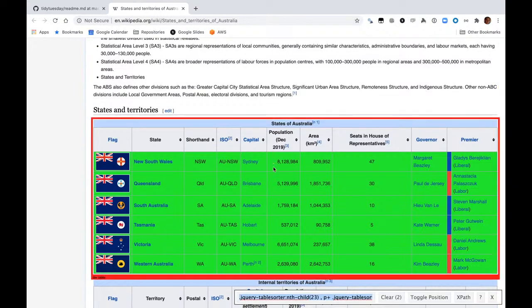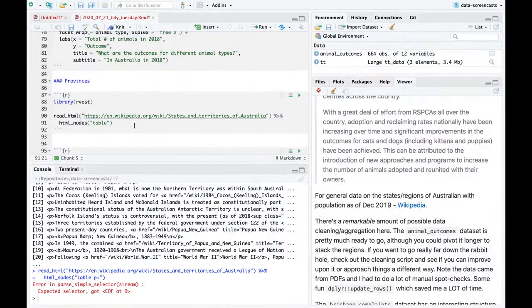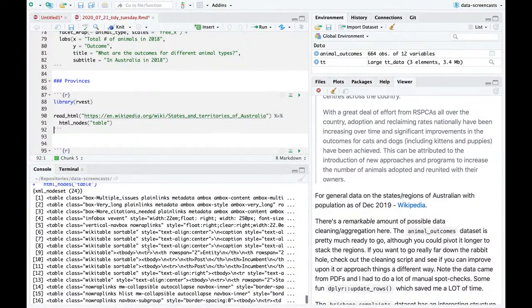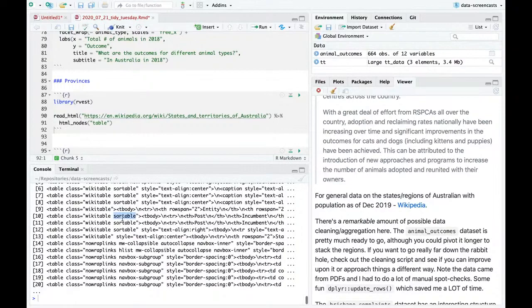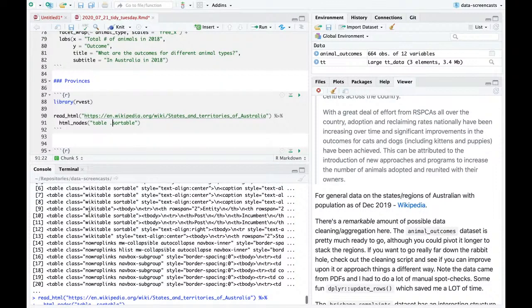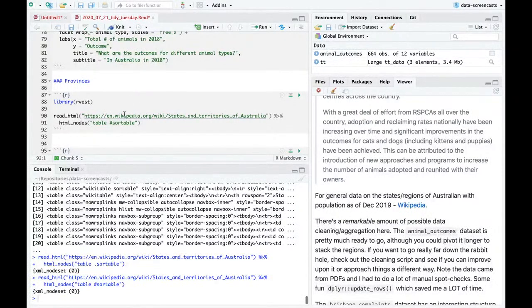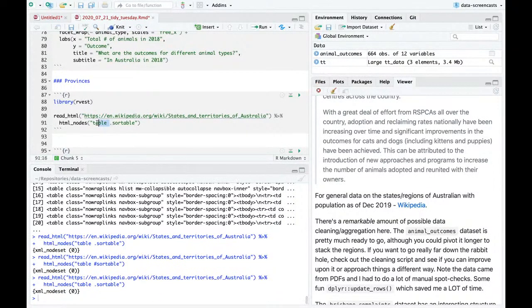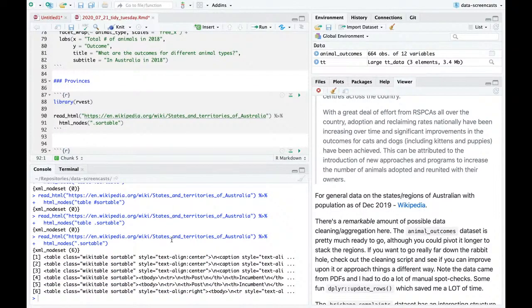Basically, I want to say what tables do we want. There we go. Class equals sortable. Okay, what I'm doing is web scraping is not always an exact science, and table class equals. Oh, it's no dot sortable. We thought it was dot sortable. Well, and then I say, okay, here's my sortable tables, and then I can say map HTML